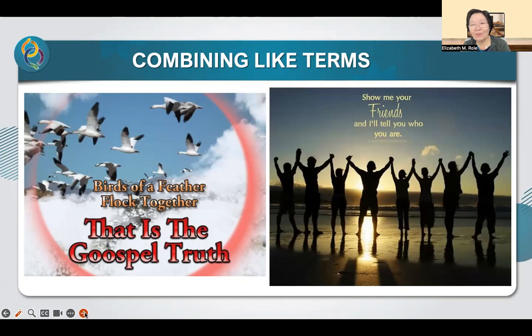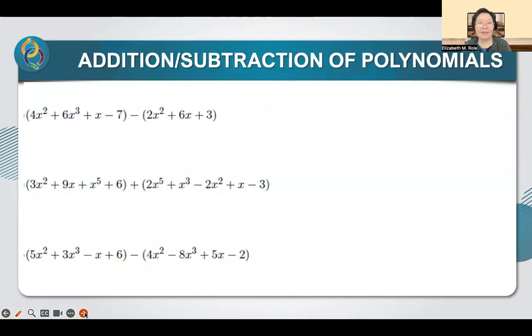The reason is that when you're all together as friends, you tend to have the same likes and dislikes. So you are like terms. It's very important to choose good friends so that all of you will be of the same attitude and are able to flock together. So always remember that those are what we mean by like terms. There may be a difference in coefficient, but the power and the variable would be the same. Now,